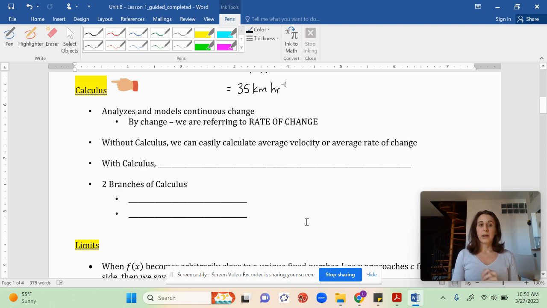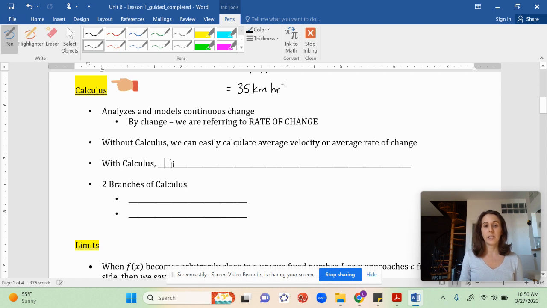So what we'll be doing with calculus is we model rates of change. We're looking at some situation that's continuously changing over time. And what calculus allows us to do is to find rates of change. Without calculus, we could always easily calculate the average velocity or an average rate of change, just as we did above. With calculus, what we're going to be able to do over the next couple of days is find what's